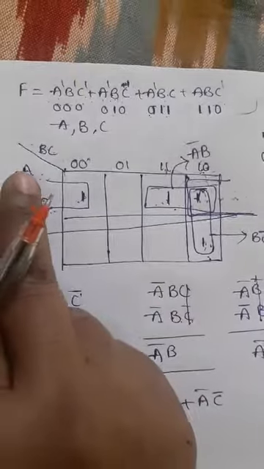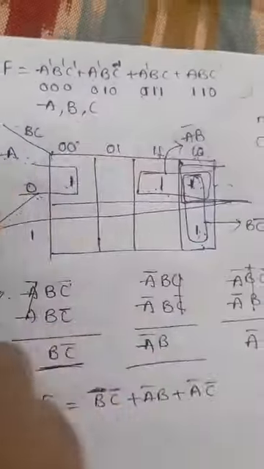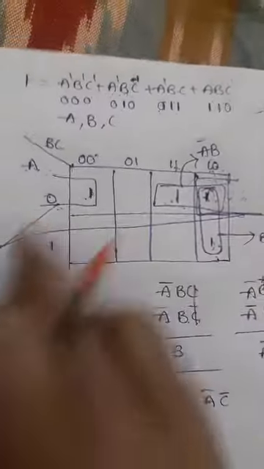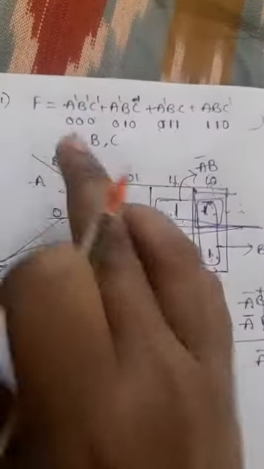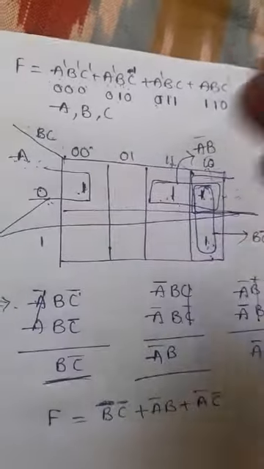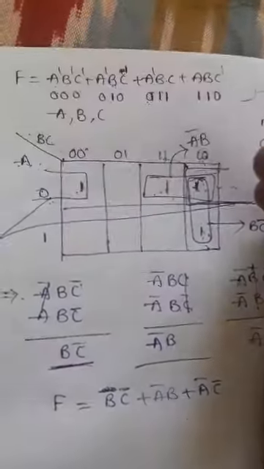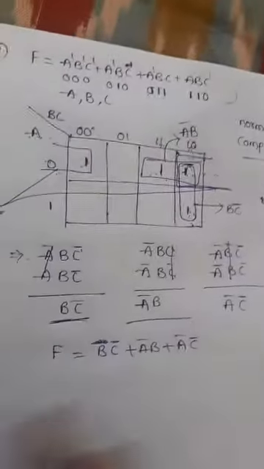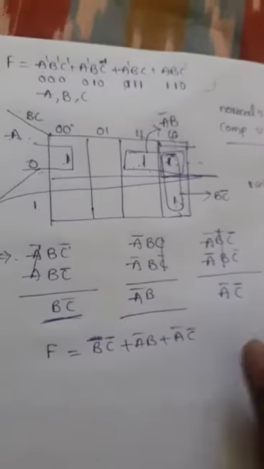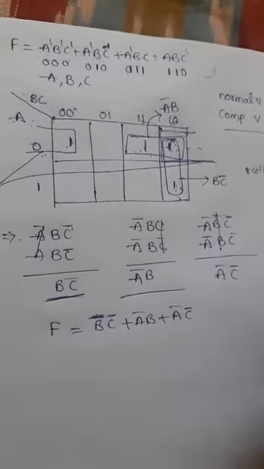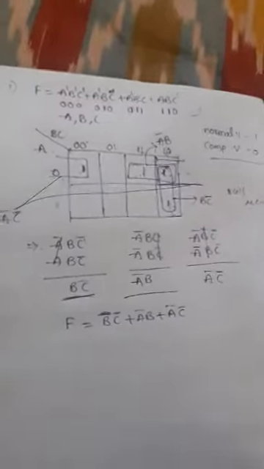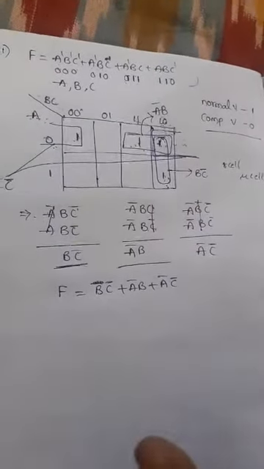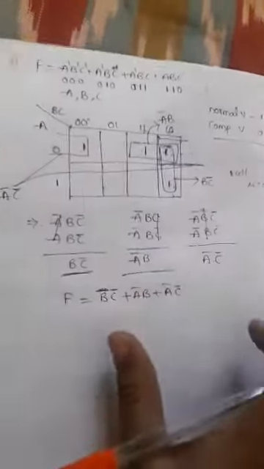Here we'll get the C and here we'll get the AB. That means these combinations will have the AB values and these combinations will have the C. If you take AB here and C here, the combinations will change, and automatically the groups will change. So nothing will happen. You can change the variables, that's your wish. Like this we can solve Boolean expressions in SOP formation, up to 3 variables.